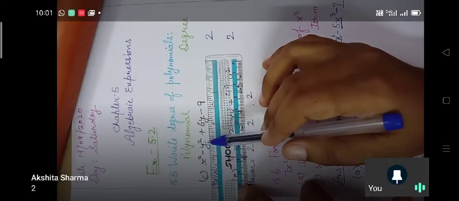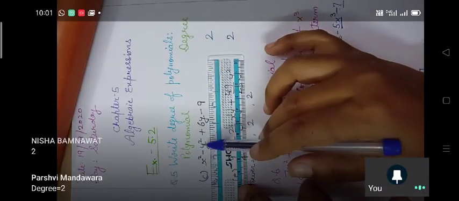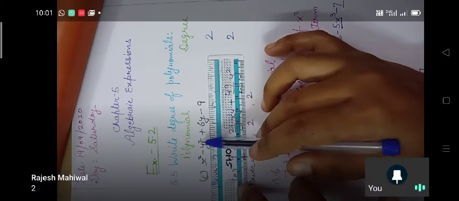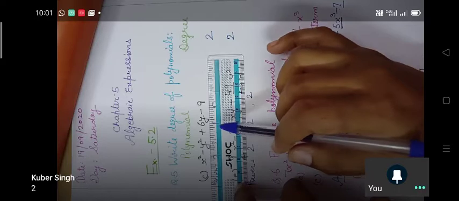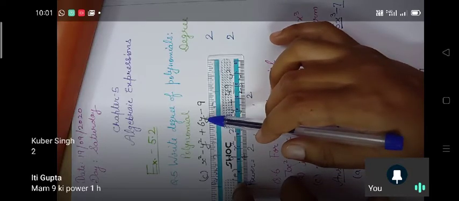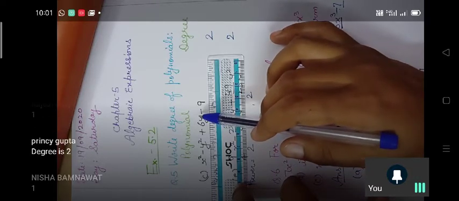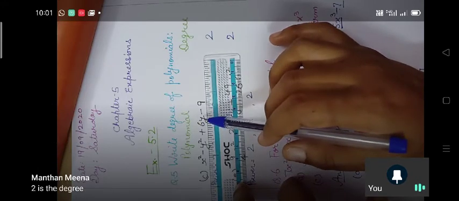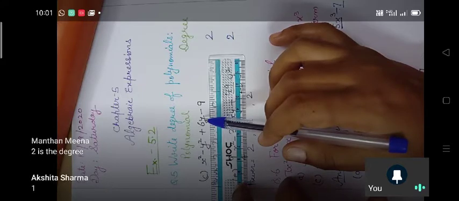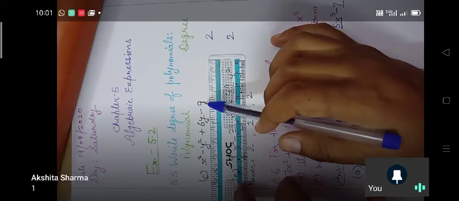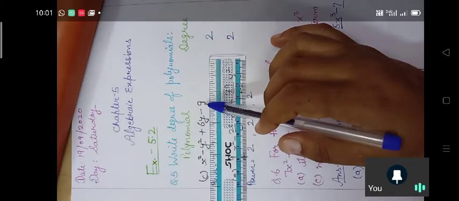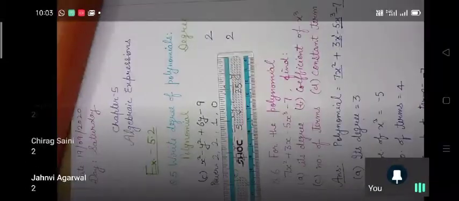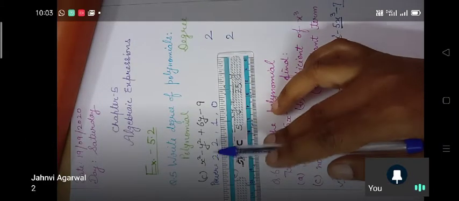Now the second term is y square. Again here only one variable is present and its power is 2. So the power of the term will be 2. In the third term the power of variable y is 1 only, because no power is written over there. So the term's power will be 1 only, because one variable is present there. In the fourth term no variable is present. So what will be its power? What will its power be, beta? So these are the four powers of these four terms: 2, 2, 1 and 0.